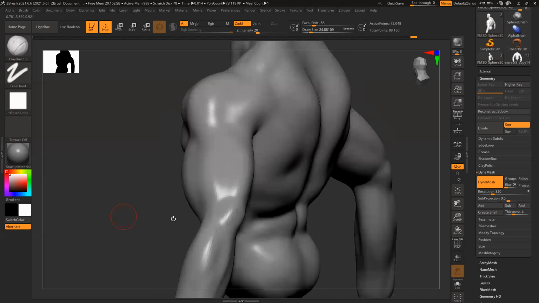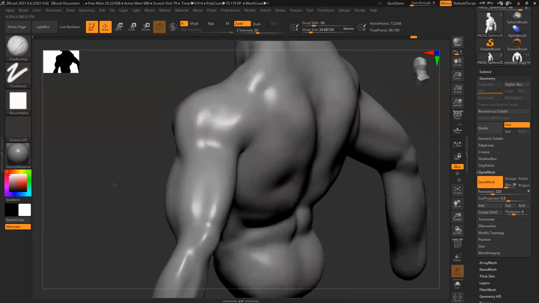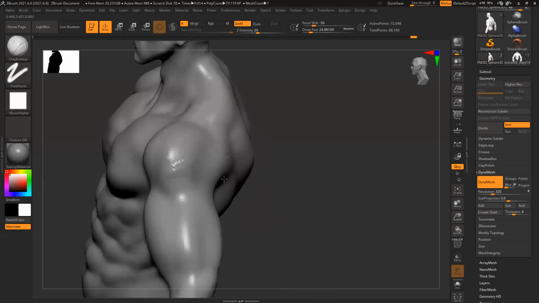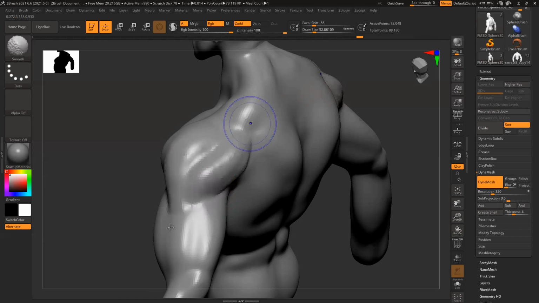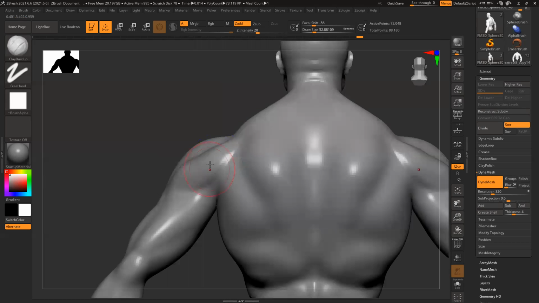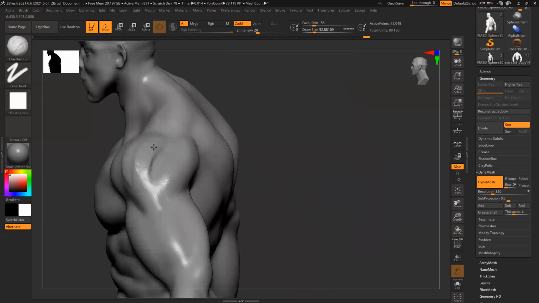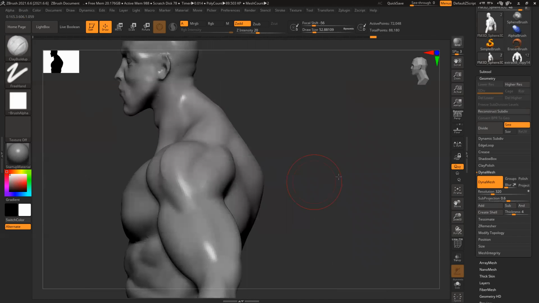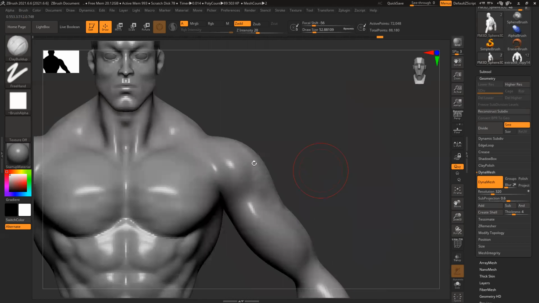A little bit of definition is required just to fix this biceps and your deltoid. If this character is this big and huge, the deltoid will also be huge. You can see I'm just adding and then making it a little smoother. I'm using clay buildup. I'm not using any fancy brush or anything custom. Basic brushes only, because basic brushes can do almost all the things that custom brushes can do.